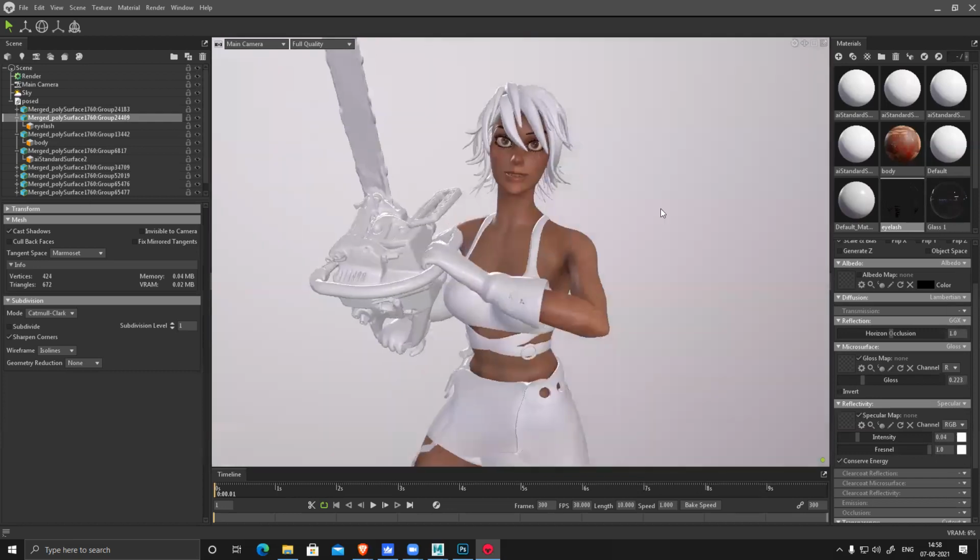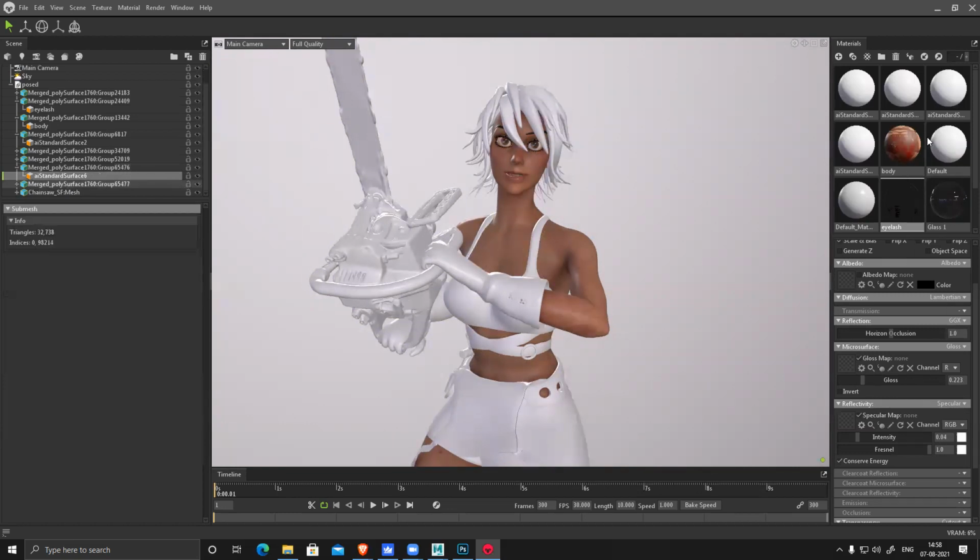Skin, anyways, I have to work on this. So else, cloth. A surface shader.